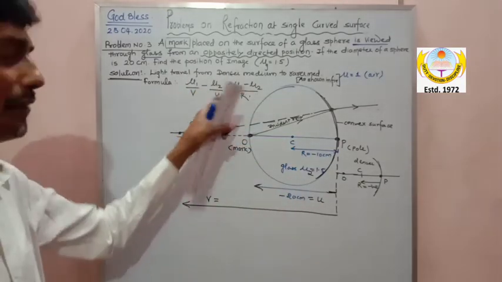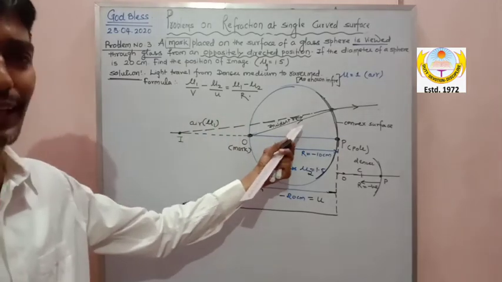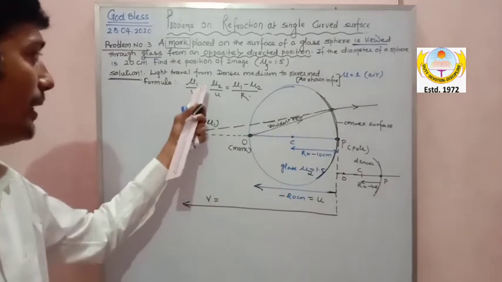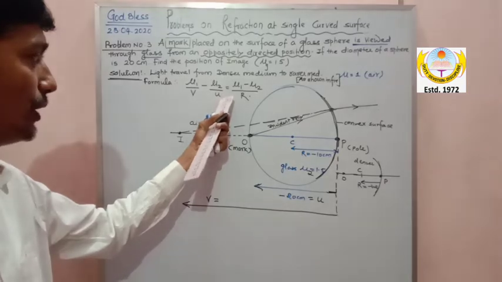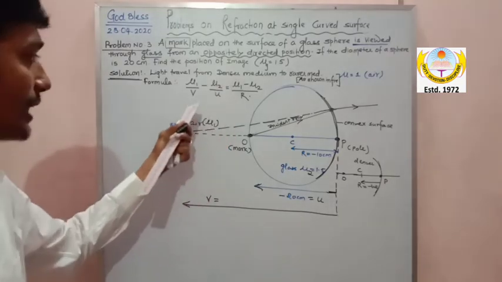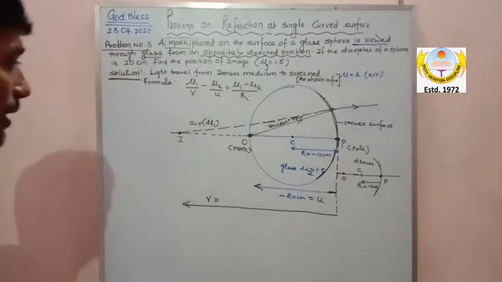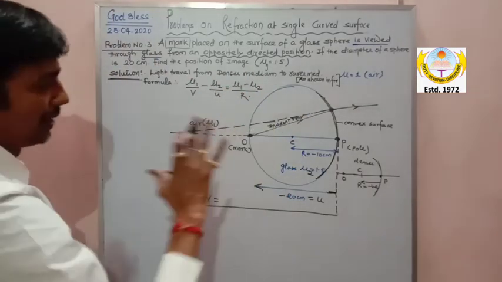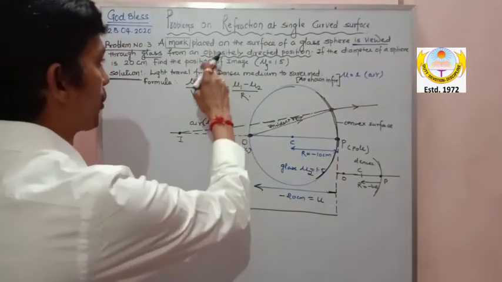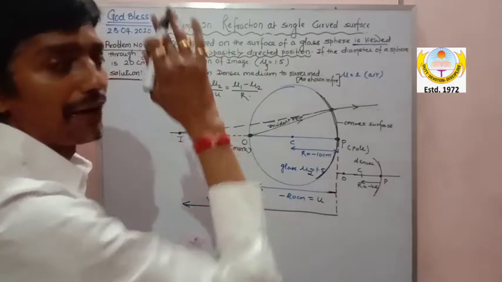You are all clear with the formula also, sir. Object is in denser medium, image forms in the rarer medium. Object in denser, so u will be with mu2, image forms in rarer, so v will be with mu1, and the formula is this. Now here, my dear, after drawing, I hope you all understood. It's a beautiful question and the lines of the numerical are very important.